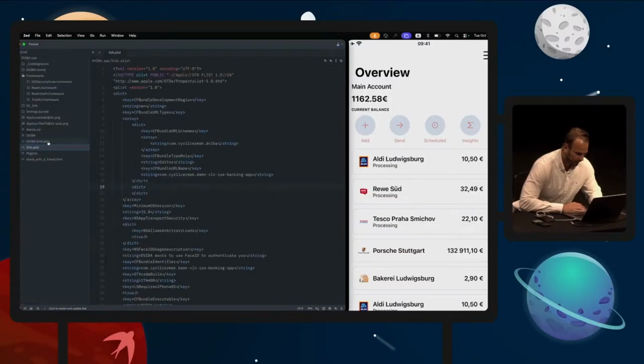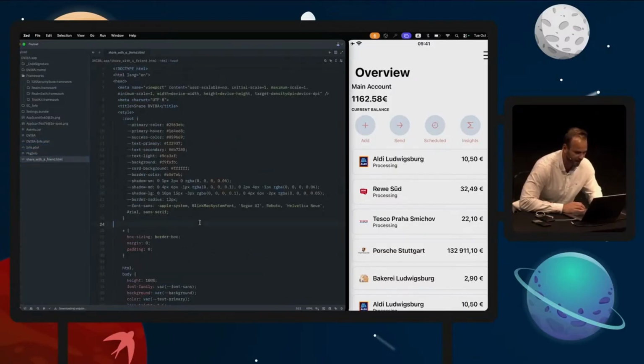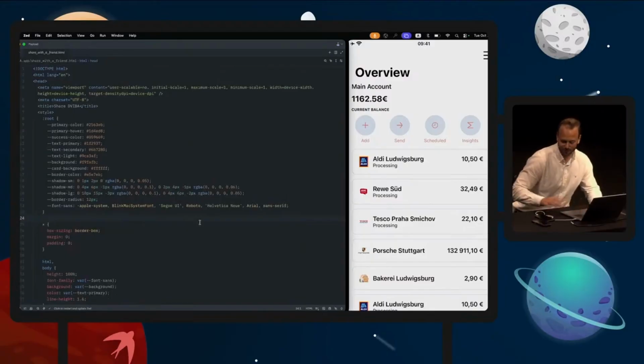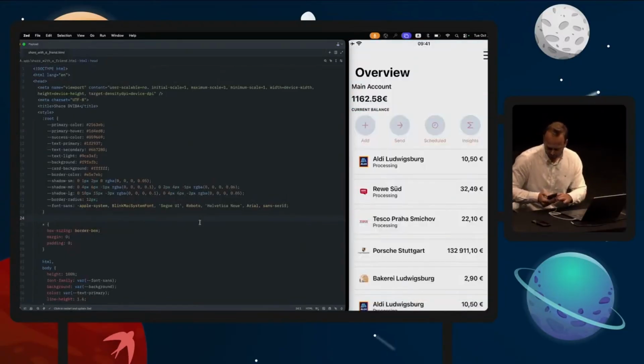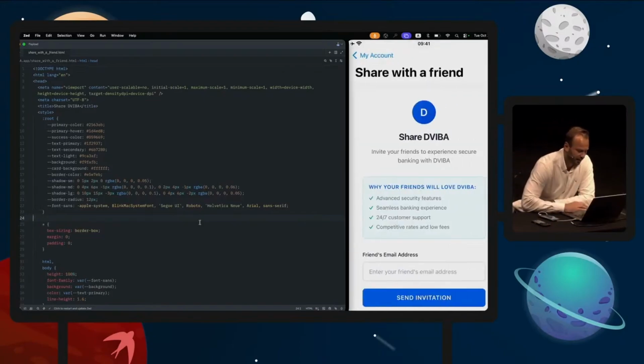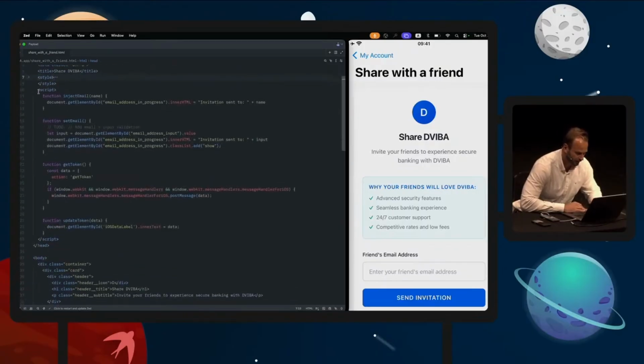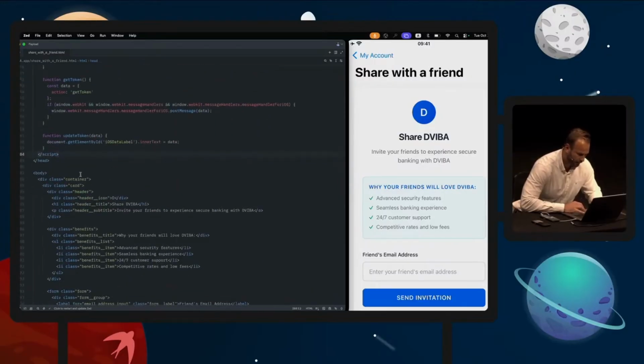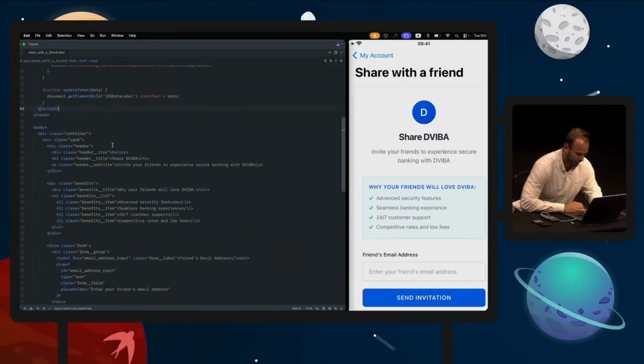Okay, and then we have here share with a friend HTML. That actually looks an awful lot like the feature that we saw here in share with a friend. And this, we can imagine, is the view that's being loaded offline into the feature. What we're gonna be interested in here, we don't really care about any style, but here we have a JavaScript. That's something we can look at. And then we have some HTML, which we also don't mind that much. This is pretty simple, as you can see in the application.